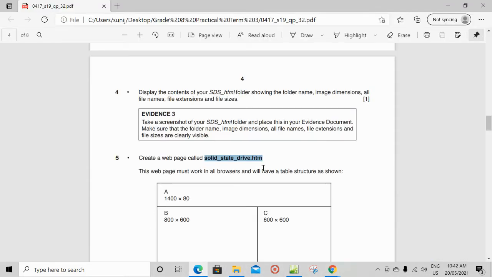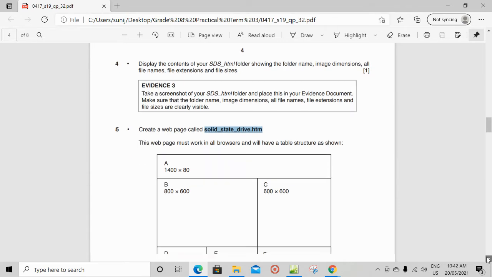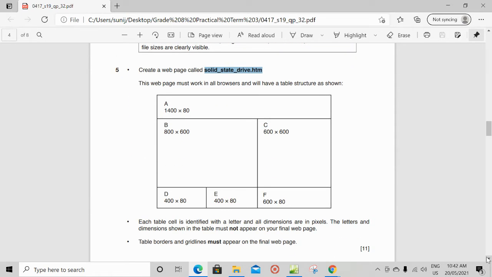This web page must work in all browsers and have a table structure as shown. So they have given a table and the table dimensions are given. Each cell in the table is labeled using certain letters A, B, C, D, E and F. So first thing you have to do is find out the maximum number of rows and columns in this table and insert a table with that.